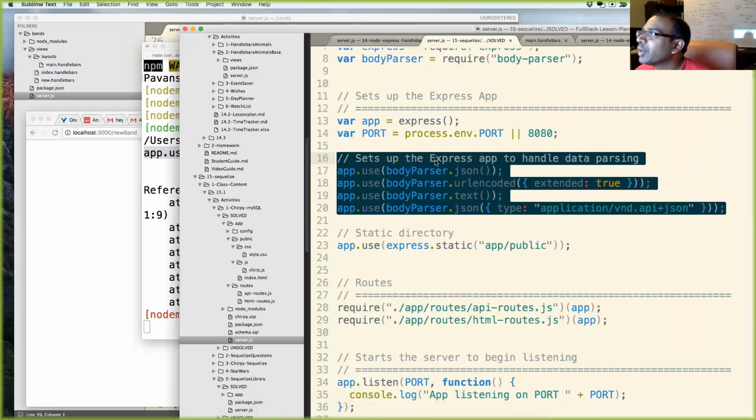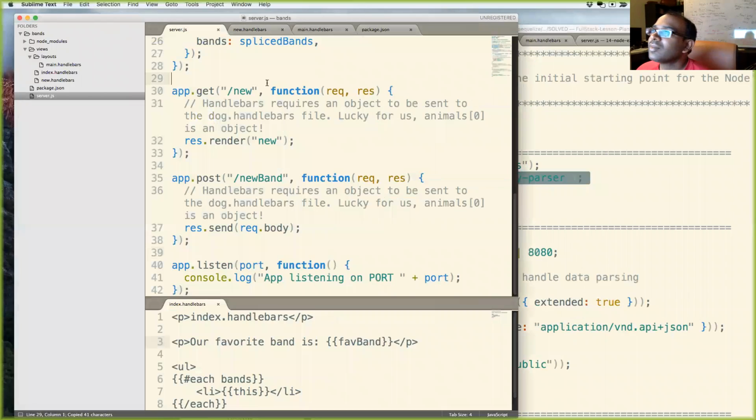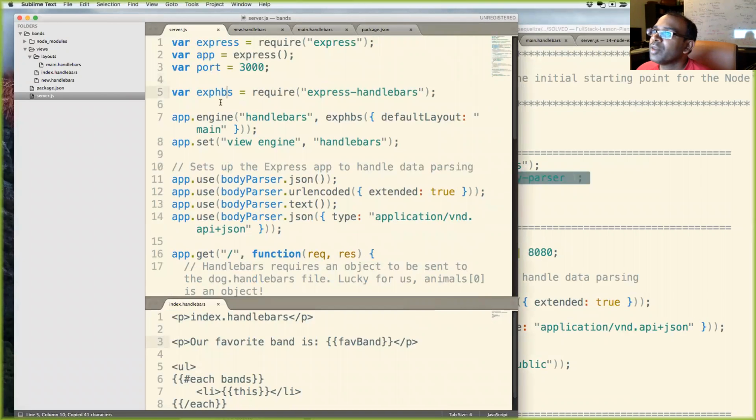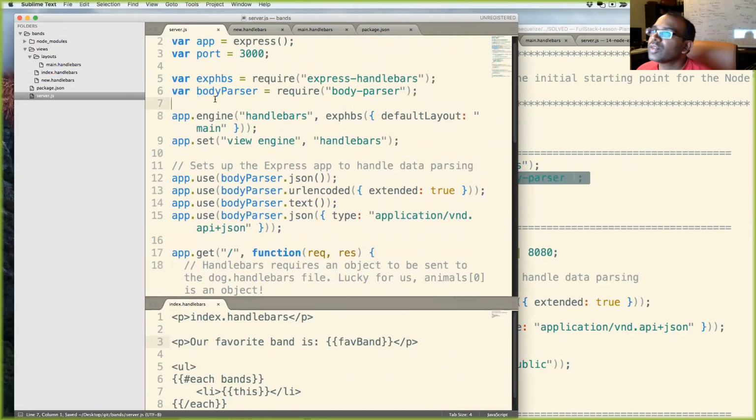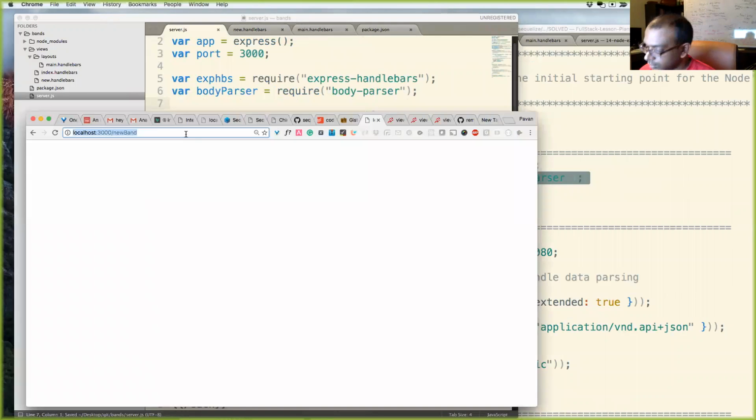So I have to copy this over, put that over here, save that, and let's try this again. Okay, so now let's do Pantera again, submit, and it sends back right here.